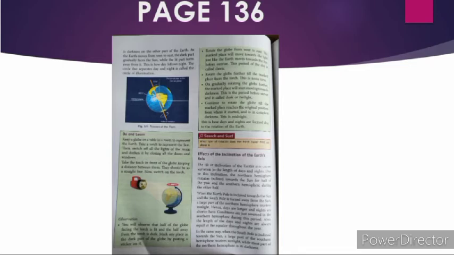The tilt or inclination of the earth's axis causes variation in the length of days and nights. Due to this inclination, the northern hemisphere remains inclined towards the sun for half of the year and the southern hemisphere during the other half. When the north pole is inclined towards the sun and the south pole is turned away from the sun, a large part of the northern hemisphere receives sunlight. Hence, days are longer and nights are shorter here. Conditions are just reversed in the southern hemisphere during this period.